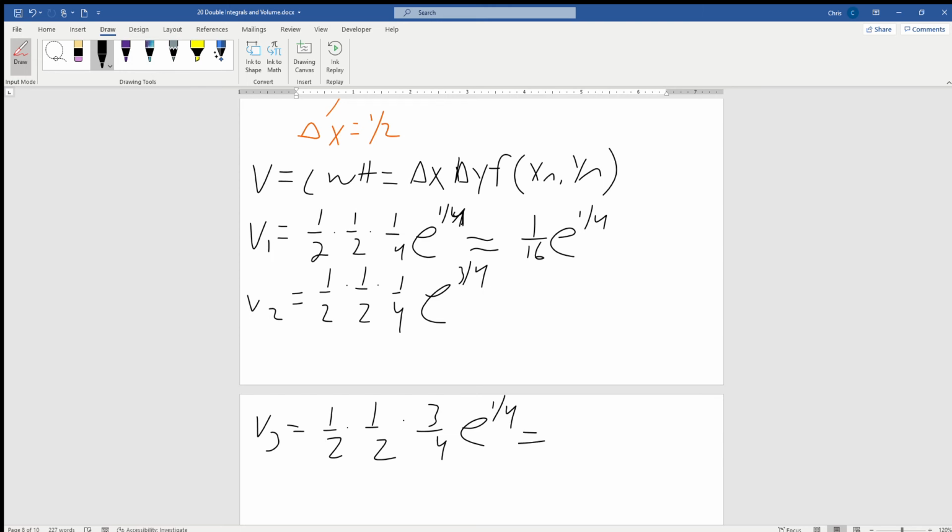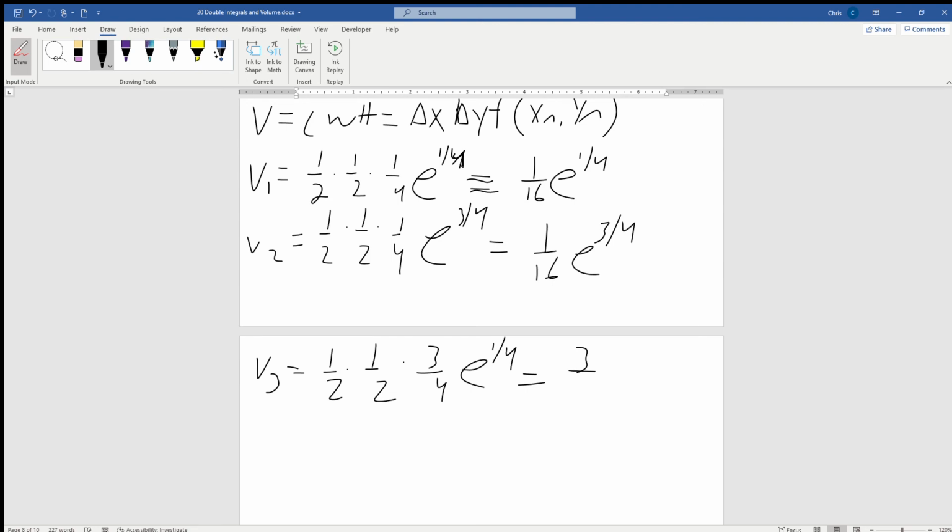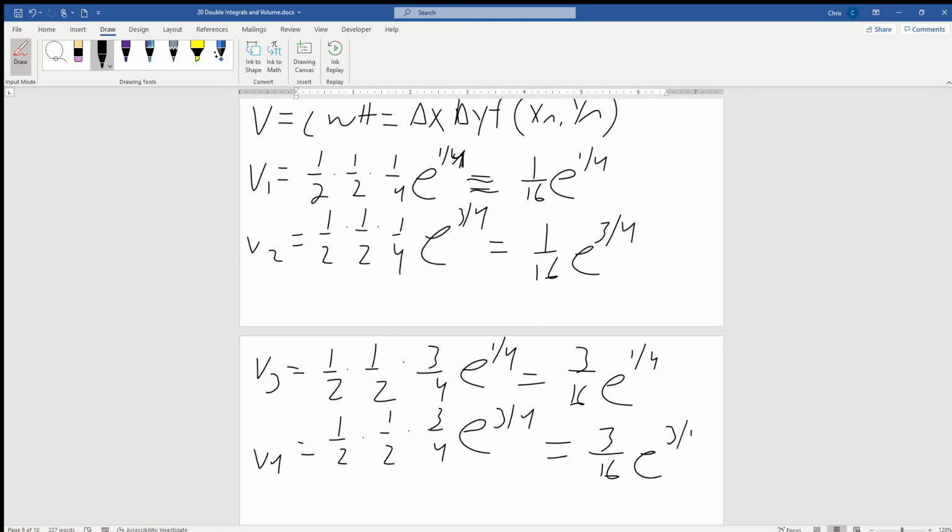All right, and I didn't compute before, but that's still going to be 1/16, and that's e to the 3/4 power. The next one's going to be 3/16 e to the 1/4. And then finally for V4, a half times 3/4 times e to the 3/4. And that's going to be 3/16 e to the 3/4. All right. So now the volume,